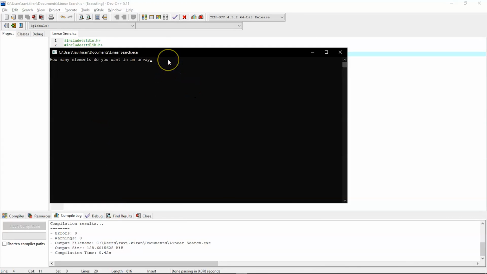So there you go, the code got successfully compiled. Now it is asking for the number of elements in the array. Let me give 5 elements. Now let us enter the elements into the array. Let us enter some random elements. Now we have entered the 5 elements. Let me provide the searched element as 2. Now we have found the target element to be found in the location 2. That is 0, 1 and 2. Yeah, 2 is located in the second index location.